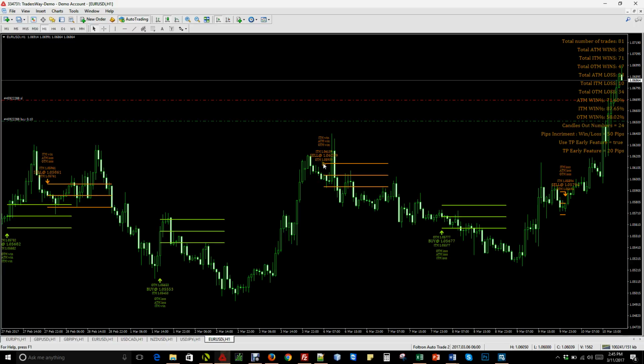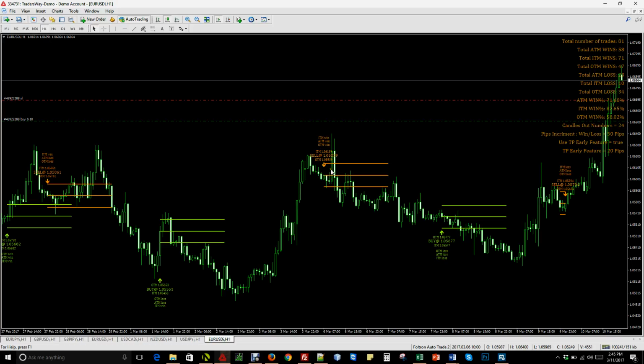Right here is where it was issued, and as you can see, the ITM, ATM, and OTM, all three of them say win. If you're only trading this for Forex, you'll probably want to look a little bit more at the OTM, unless you're only shooting for 10, 20 pips tops, okay, for your trades. If that's your style of trading, that's absolutely fine, but if you're going for a little bit larger movement, then you'll want to look at that OTM win rate. And